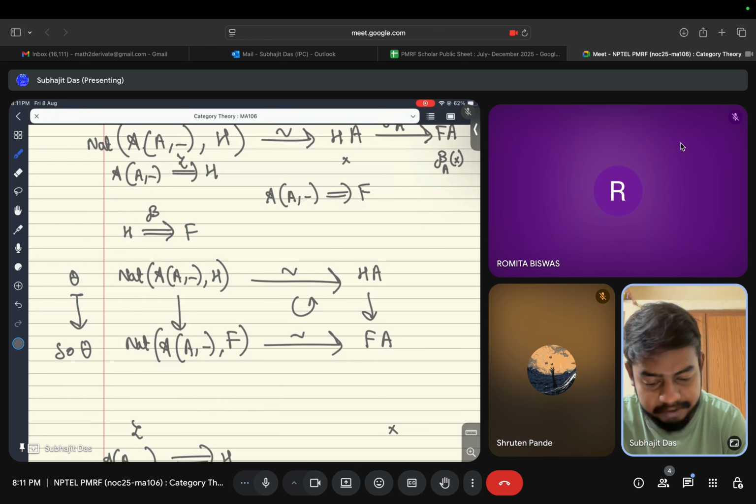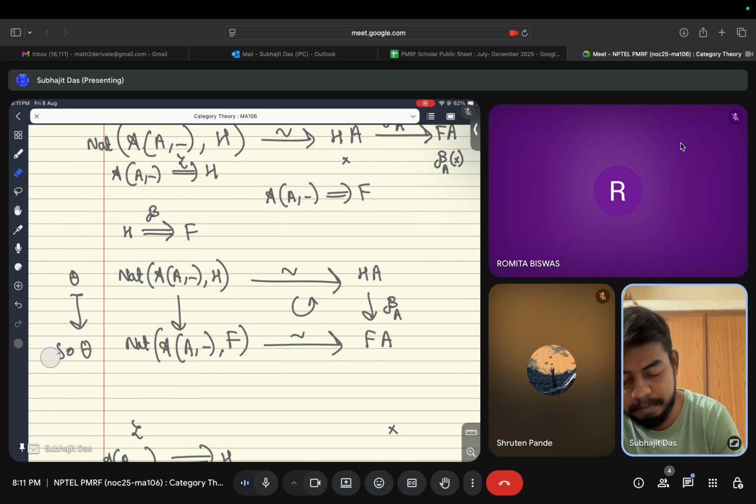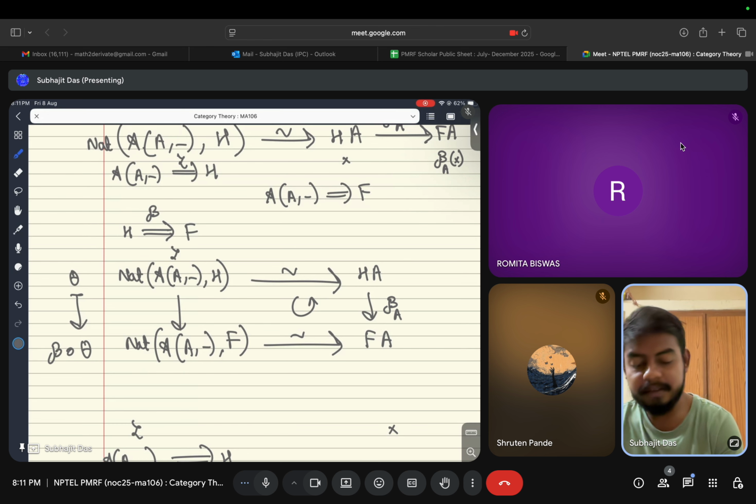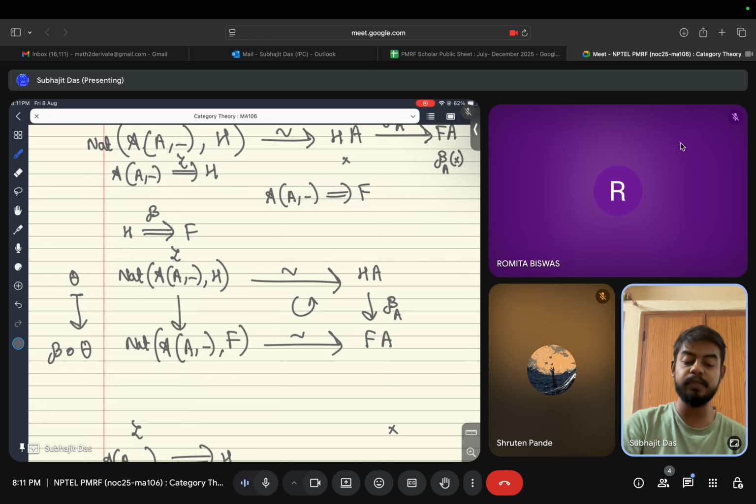This map HA to FA is just beta. I'm sorry, beta at A, right? And what is this map? Theta goes to beta composed with theta, right? Yeah. So what you do is you take zeta, which was already given to you, which corresponds to the